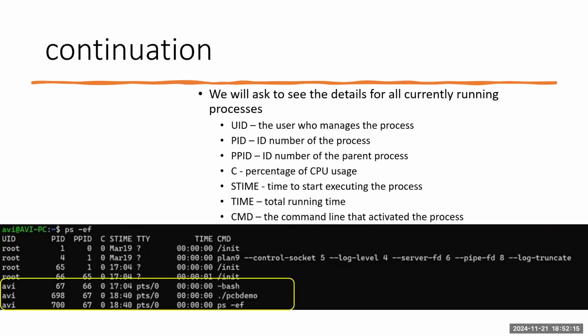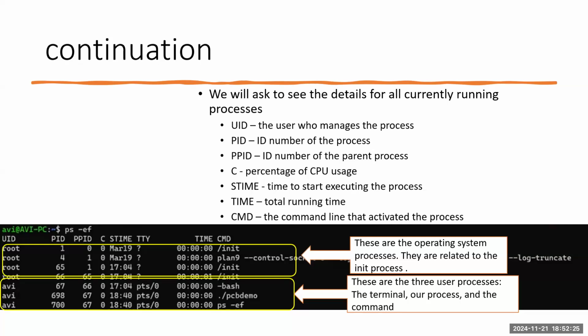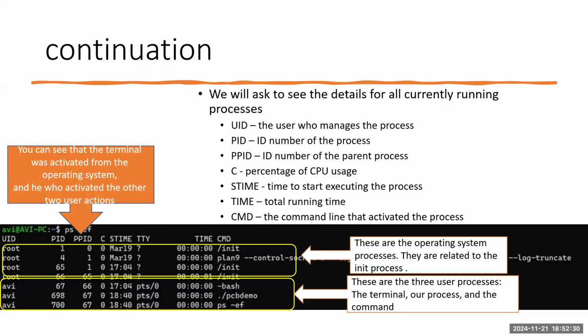Okay, let's continue. These are the three user processes: the terminal, our process, then the command. These are not our processes. These are the operating system processes. They're related to the init process. The init process needed them or started them. You can see that the terminal was activated from the operating system, and it activated the other two user processes. In other words, the parent process of 65 and 4 is 1, which is the